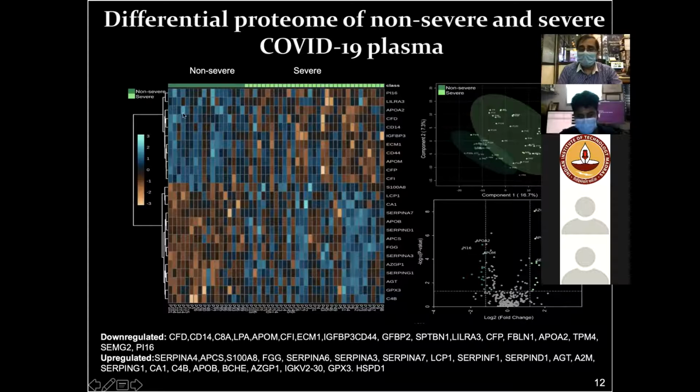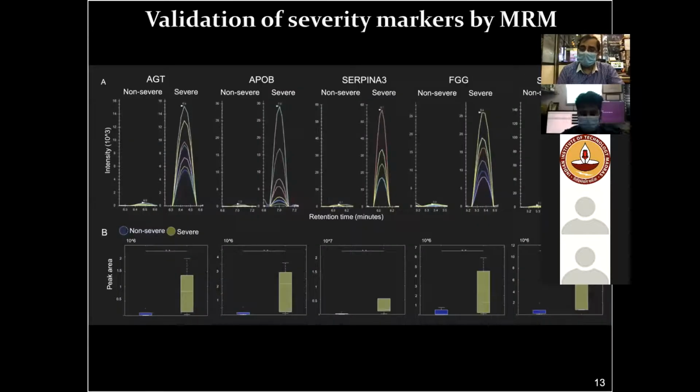So looking at the entire proteome signature, now we have a good idea of which proteins are changing, because we are talking about thousands of proteins and their intensity changes because of the disease. And then we look across a very large data set, which gives us a complete picture of what changes are happening. We could see many proteins which were also clinically tested at that time, including CRP, IL-6, ferritin, D-dimer, all of those proteins we could also see in these patients. But finally, we see there are many more interesting proteins. Can we develop our test based on that?